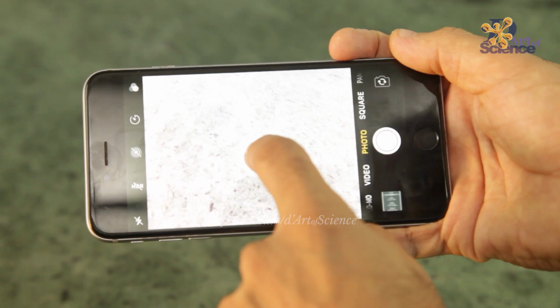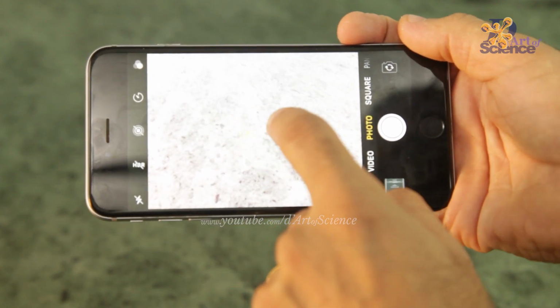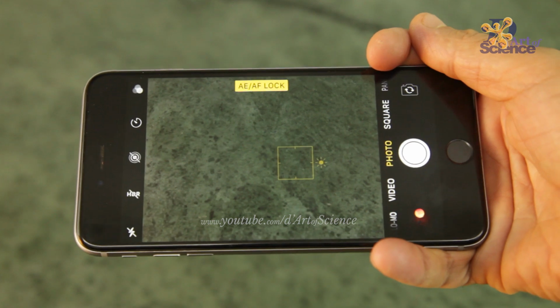This type of animation is called stop motion animation, where we use objects instead of drawings. And this way anyone can make an animation. The first thing we need is a camera or a mobile phone to shoot the pictures. And if you can get one in which you can do a focus and exposure lock, then it will be best.